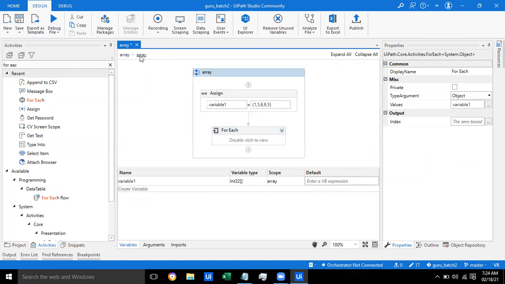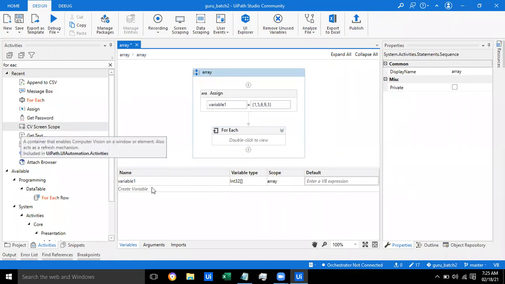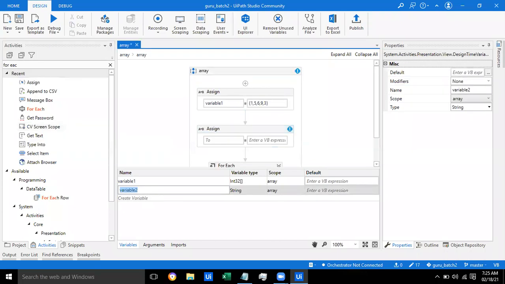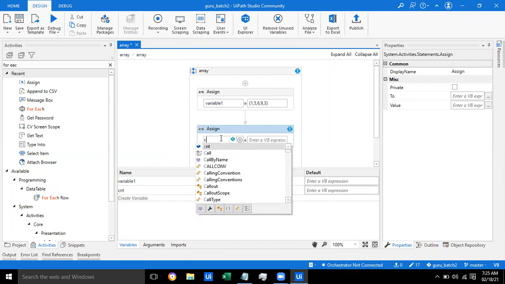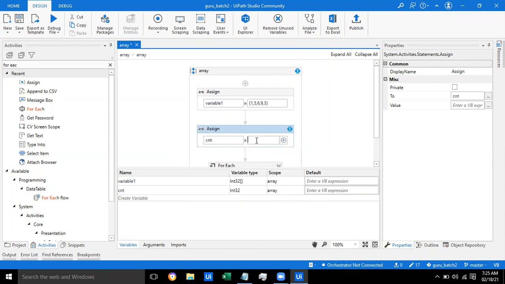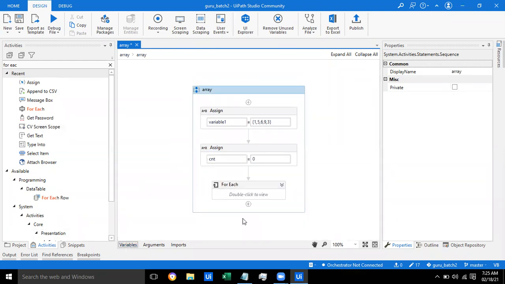So the first thing is, consider for instance I am going to store the variable as CNT, of type integer. Let me store CNT as 0. Now we have this loop, right?